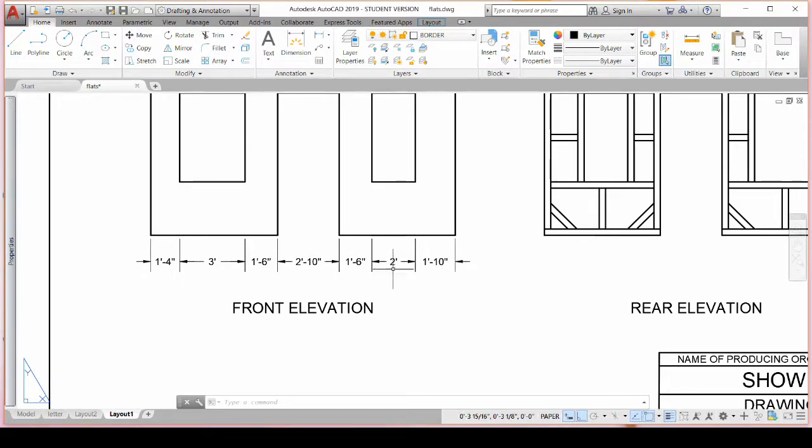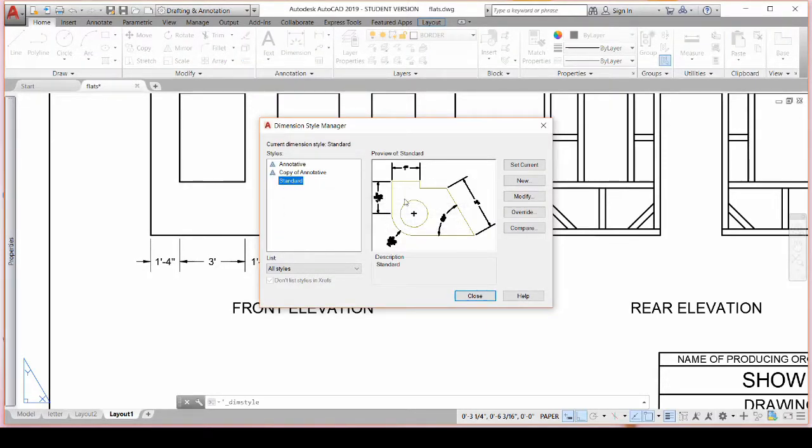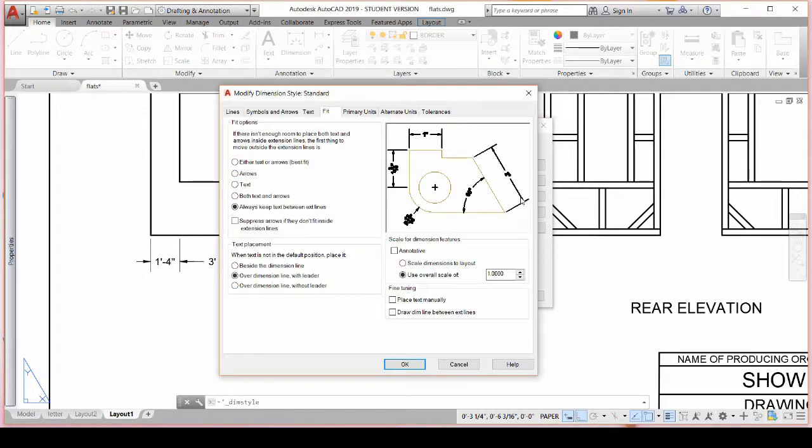So to change that, we can go to our dimension style. So I'm going up here on the tab. I'm going to Dim Style. You can also just type DIMSTYLE. And I was using Standard, so I'm going to modify that. And then I'm going to go to